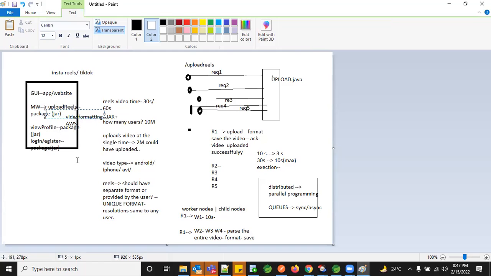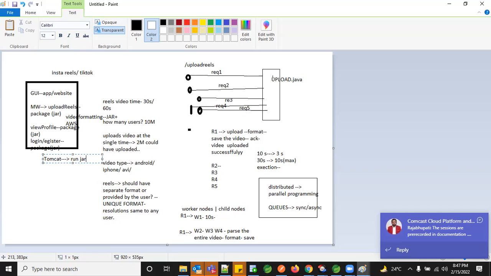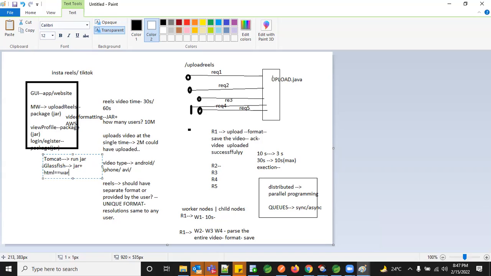All these jars are running in the Tomcat server. So now you have Tomcat as your application to run your jar, and you have your own Glassfish server, which is your web application. Okay, so you have your web application Instagram, right? So you can actually combine your war file, like jar plus your HTML things together as war, and you can launch it in your Glassfish. So this is running in say 8082, and this upload file is running. So this is upload API, the upload endpoint, which is running in 8085.